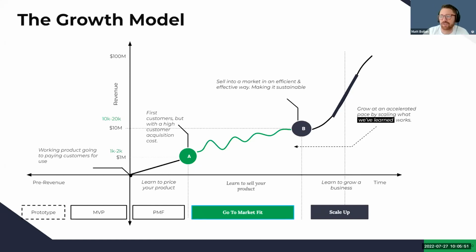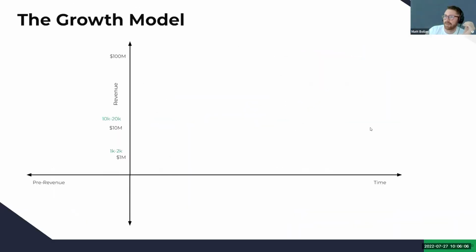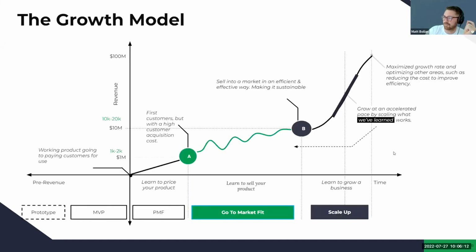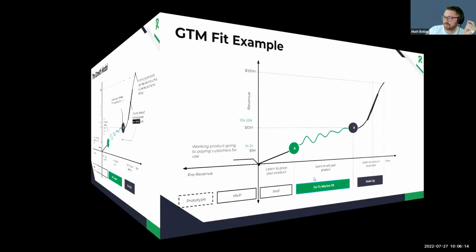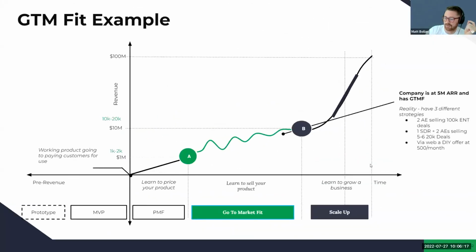But let's do an exercise to look at this as we think through it. Let's do just a point like RevOps at this point, and we'll show you the data model. We're thinking about efficiency and effectiveness and how do you make each one of these go to market better. Let's do an example as we're thinking about this. Okay, here is the example, go-to-market fit example. This is a question. This is one I'd like to talk about.